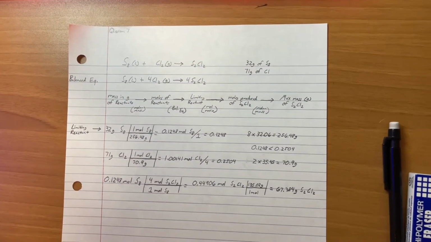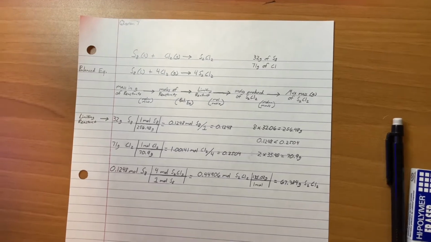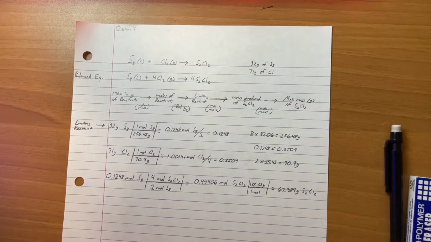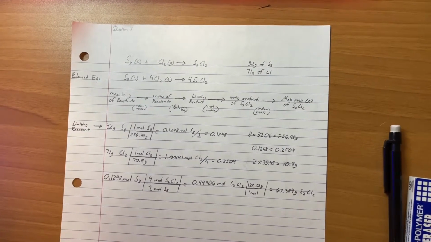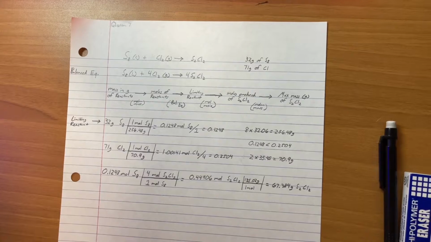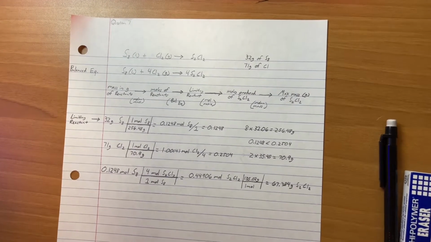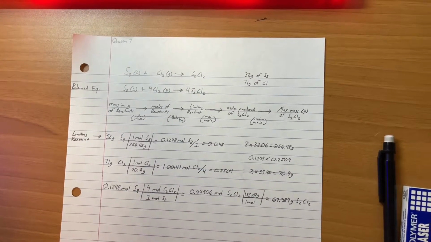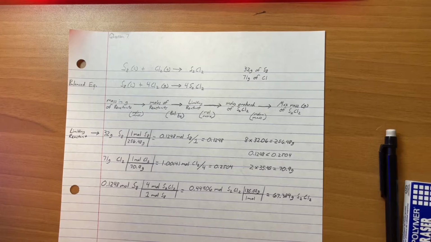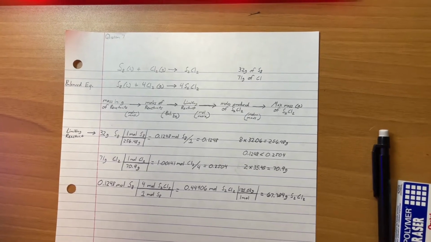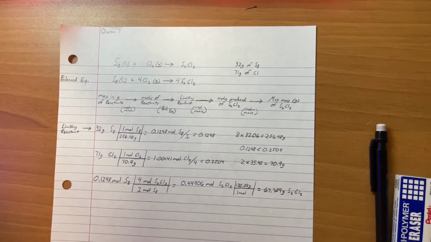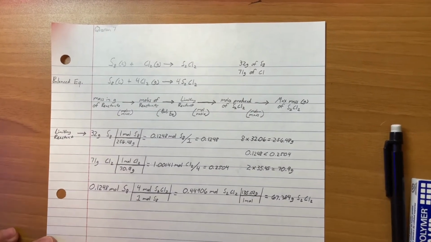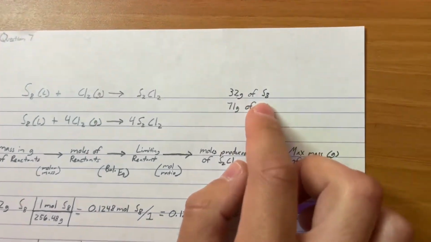Question 7. In the cold vulcanization of rubber, disulfur dichloride is used as a source of sulfur atoms, and those sulfur atoms form bridges or crosslinks between polymer chains. S2Cl2 can be produced by reacting molten sulfur with chlorine. What is the maximum mass of disulfur dichloride that can be produced by reacting 32 grams of sulfur and 71 grams of chlorine? Immediately looking at this, they give us 32 grams of sulfur and